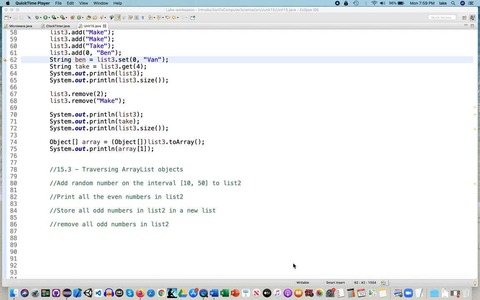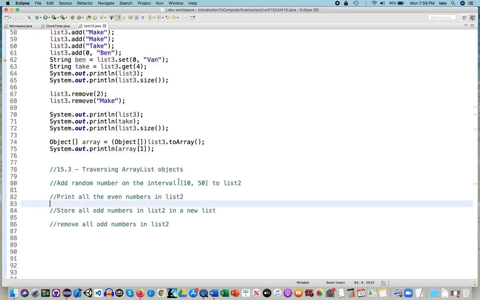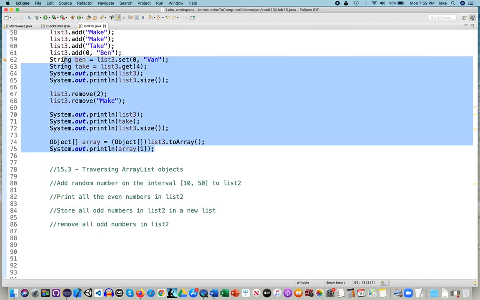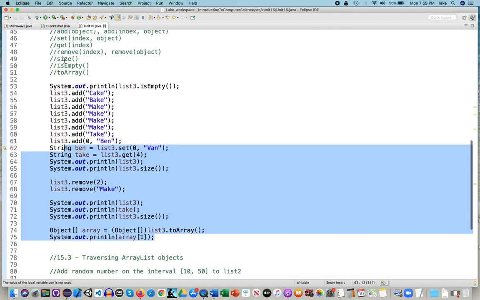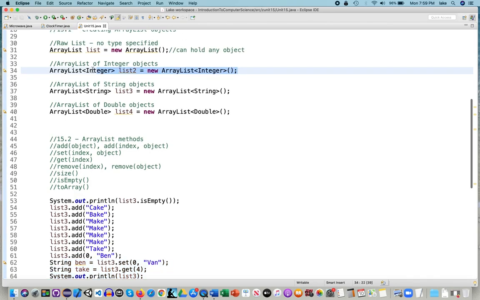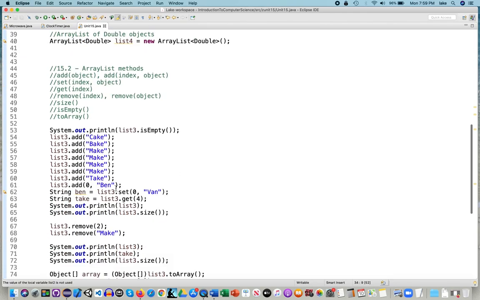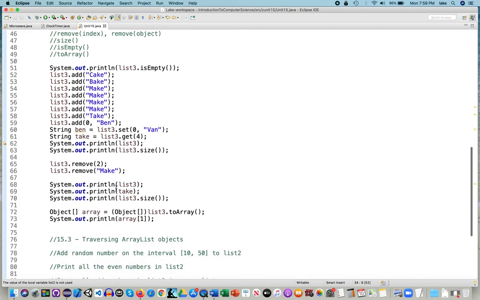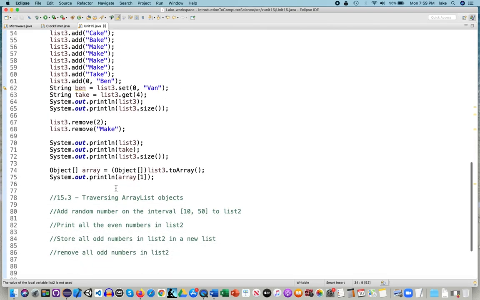Unit 15.3, Traversing Array Lists. Now, we made some lists above, and we worked with list 3 strings, and I'm going to scroll up so we can see. I want to work with list 2 now, integer objects, okay? So I'm going to do a couple of things here